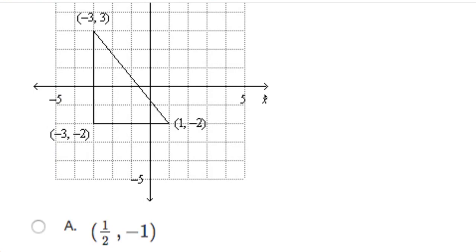Wait, yeah. So if we look at these midpoints, we'll have one here, and then the other one's going to be right here. So as we go perpendicular from those points,